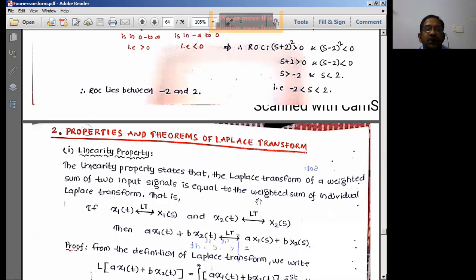Okay. In the next session, we'll try to complete the properties of the Laplace transforms. Once you know the properties of the Fourier transforms, the properties of Laplace transforms are also going to be almost all the same as the properties of the Fourier transforms. If you know the properties of Fourier transforms very well, Laplace transforms is simply a replica of them. If you know one, you can do the other very, very easily.